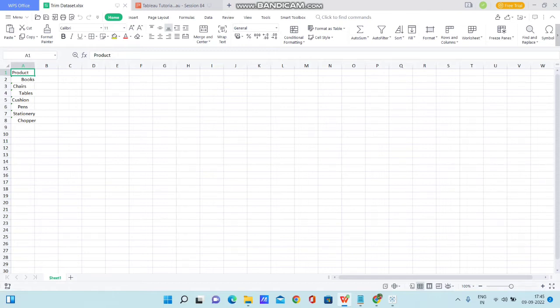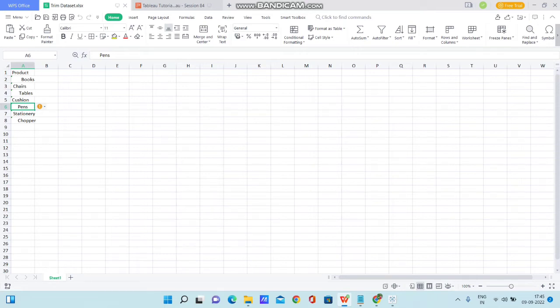With each and every record, I provided space at the beginning, and there are some records which have spaces at the ending, and there are some records which have spaces at the beginning as well as the ending. So this is a perfect data set for us to understand the difference between TRIM, LTRIM and